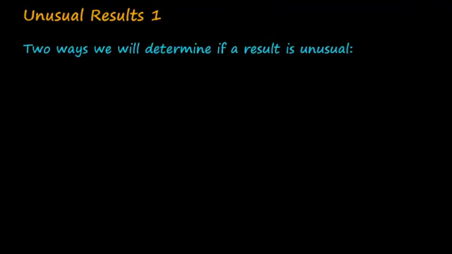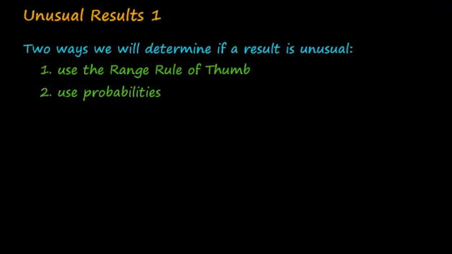We will often want to determine whether or not a result is unusual. There are two ways we can do this. We can use the range rule of thumb, or we can use probabilities. So, when we talk about the range rule of thumb, that requires that we know the mean and the standard deviation. So, let's get this, range rule of thumb